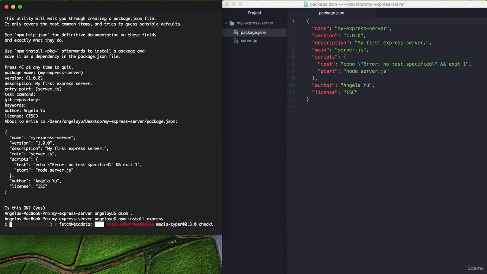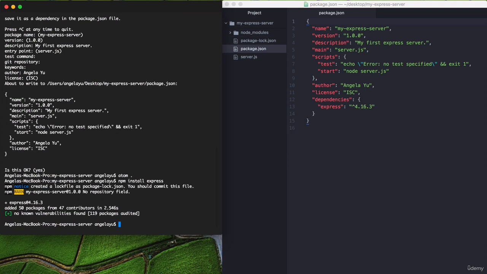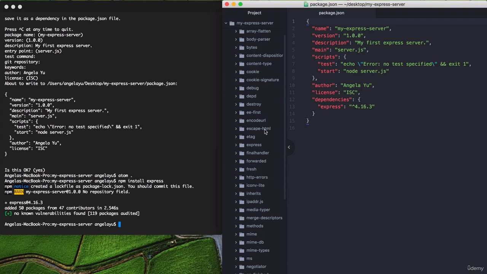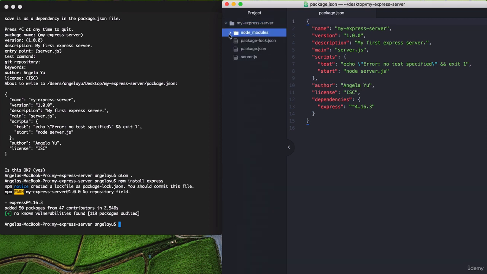It's going to take a little while to download. It's a relatively large package. And once it's done, it will add the node modules that Express requires, as well as Express itself. And now, when you have a look inside your packages.json, you can see that we've got a new dependency added,